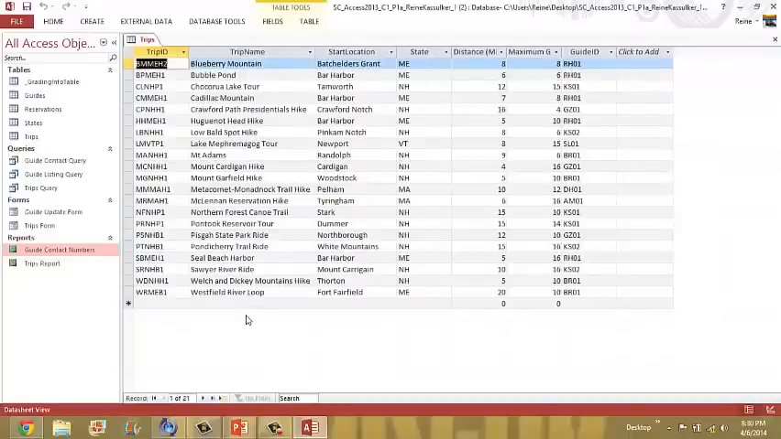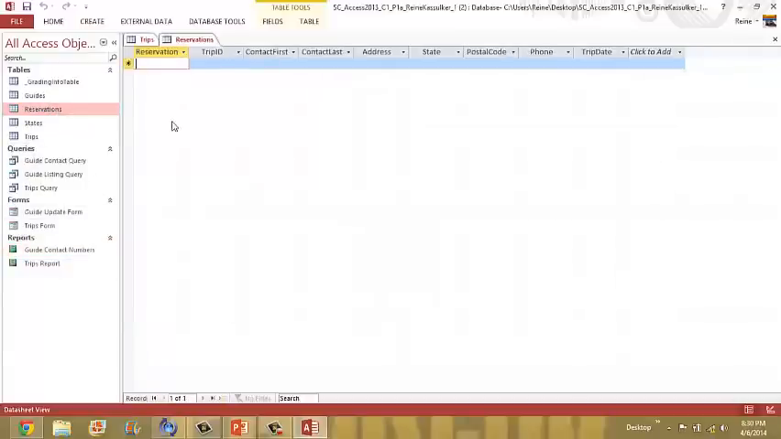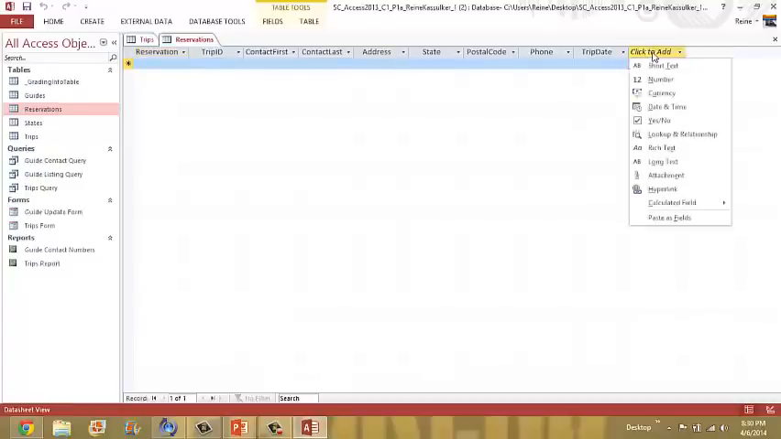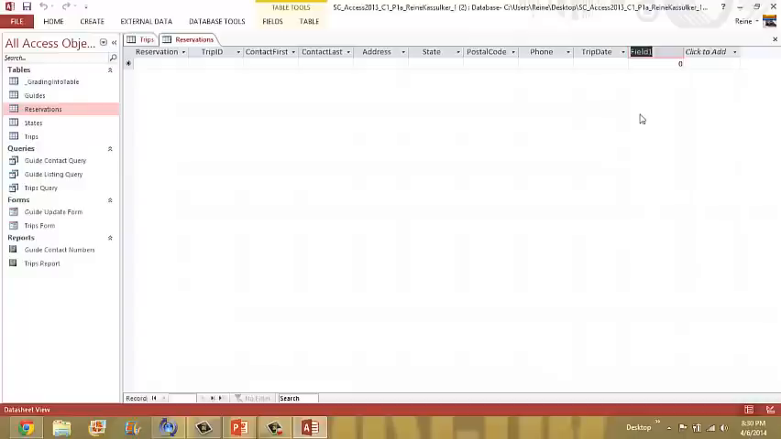We're going to open the reservations table in the data sheet view. So again, we go up to tables. I'm going to left click on reservations. Okay. And I'm going to add a new field following the trip date. So I look at the fields across the top and I come all the way down to trip date. I'm going to the next one. I'm going to click to add. And this is going to be a number field. So I'm going to select number. And then I'm going to type in the name,